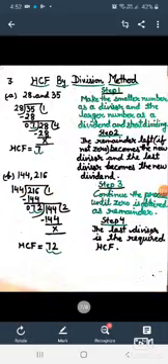And the third point is, the HCF of numbers is smaller than or equal to the smallest of the given numbers. Now let us move to our third method of HCF, that is HCF by division method. In this method, you have to follow some steps. The first example is 28 and 35. According to our first step, make the smaller number the divisor and the larger number the dividend and start dividing. Among 28 and 35, 28 is the smaller number and 35 is the larger number. Here I have taken 28 as divisor and 35 as dividend.